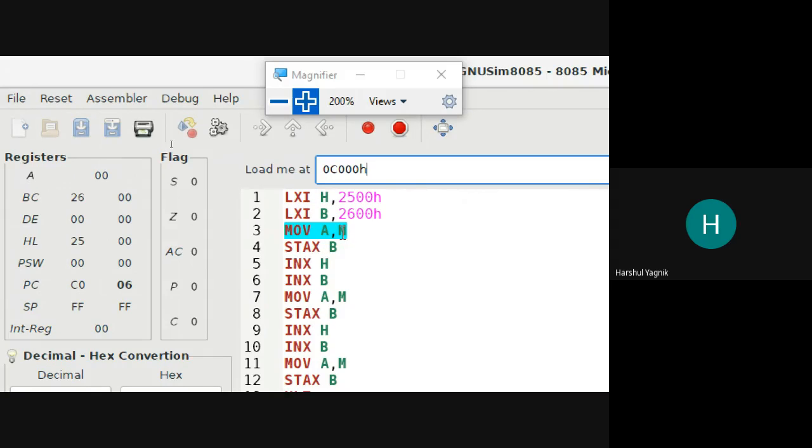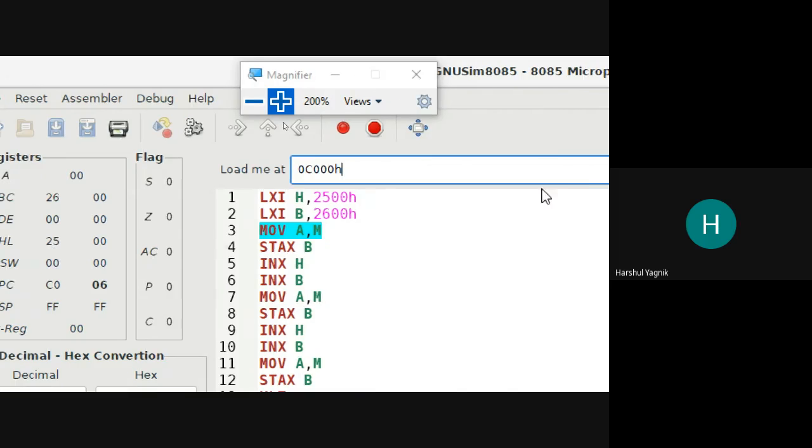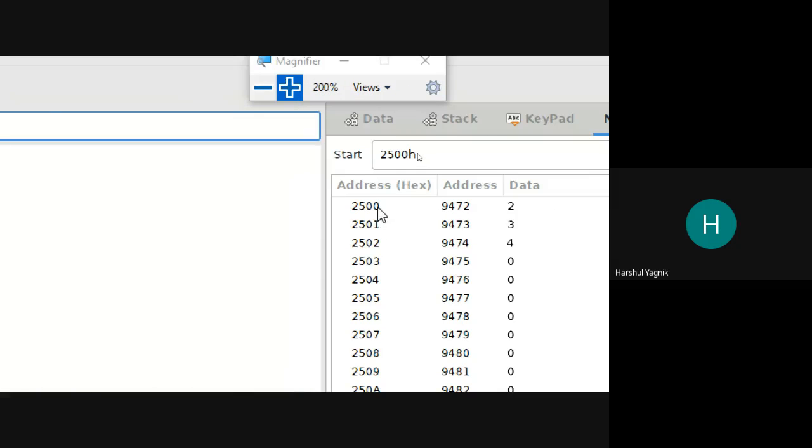Now MOV A,M. What will this instruction do? This instruction will copy the content in the memory location to accumulator. Which memory location? The memory location which is present in HL register pair. What is the memory location in HL register pair? 2500. So the operand which is present at that memory location 2500 will be copied to accumulator.